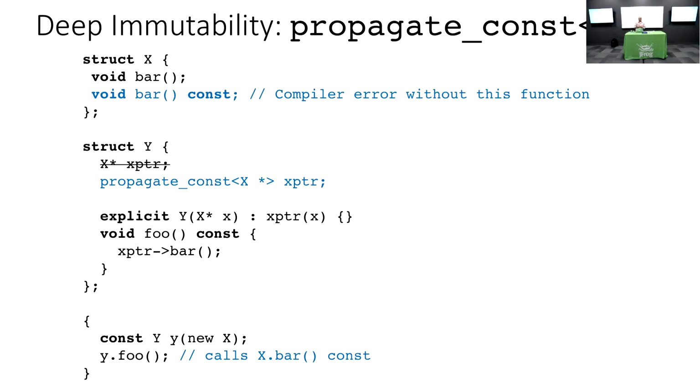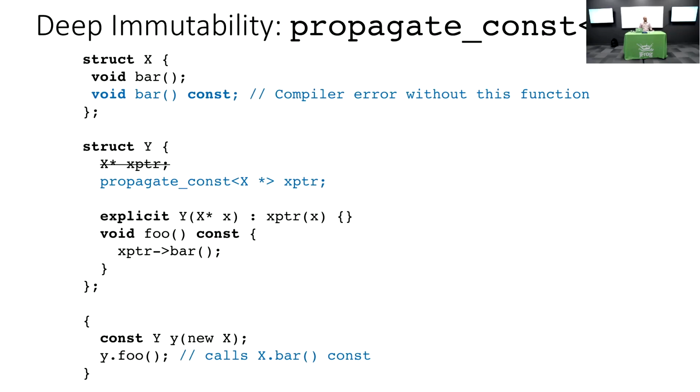So now the entire program guarantees that because y is a const object, all the functions that are called within that, combined with propagate const, are constant. So y.foo is guaranteed to be a non-mutating operation. Of course, you can add exceptions using mutable and all, but I thought this is kind of a neat feature